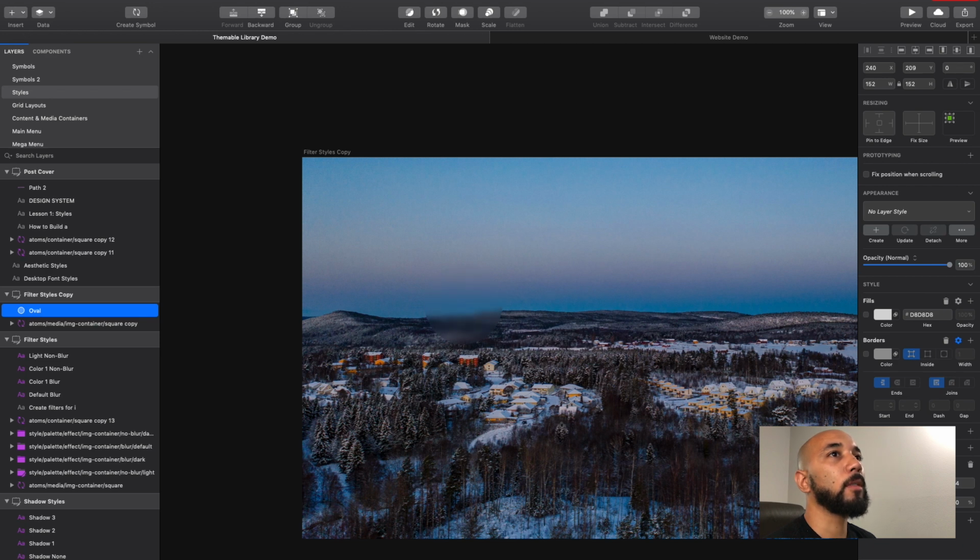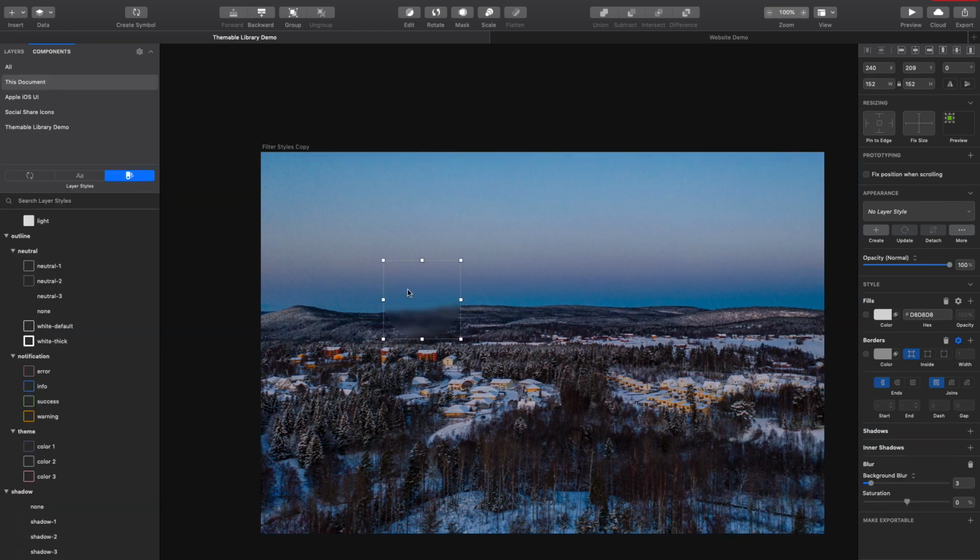I prefer some blur just enough to where you can determine what that image is. You can't see the details of it. If it becomes too blurry, it's really just becoming more of a gradient, a custom gradient. So I don't like it to be that far. There you go. So now that we've got our shape and the style attributes applied to it, we need to